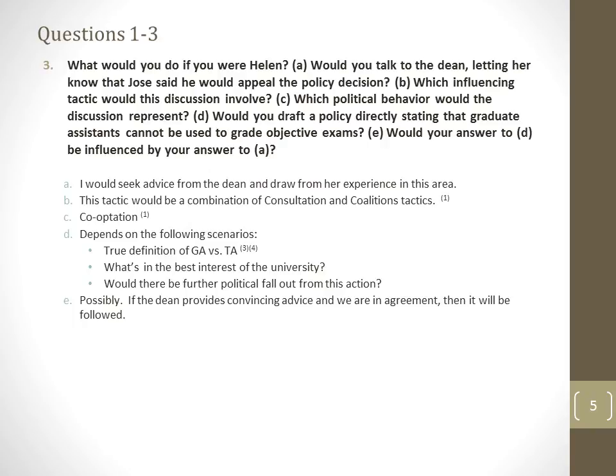Question number 3, what would you do if you were Helen? Part A, would you talk to the dean letting her know that Jose said he would appeal the policy decision? I would definitely seek the advice of the dean